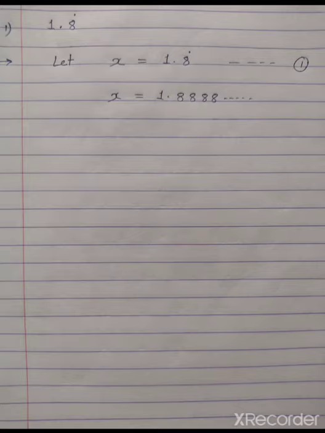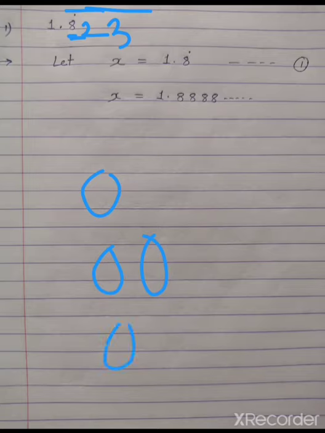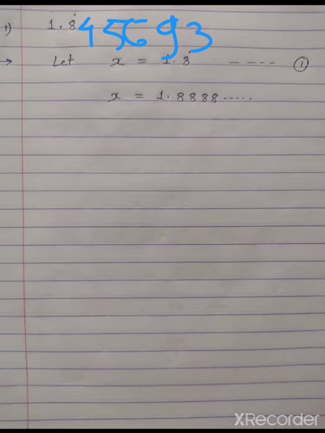Now observe, in our given question, how many places are there after the decimal point. After the decimal point you can see only one place. Okay, so if there is only one place, use 10. If there are two places, then use 2 zeros. If there are 3 places, then use 3 zeros. If after the decimal point you can see 6 digits, so use 6 zeros.